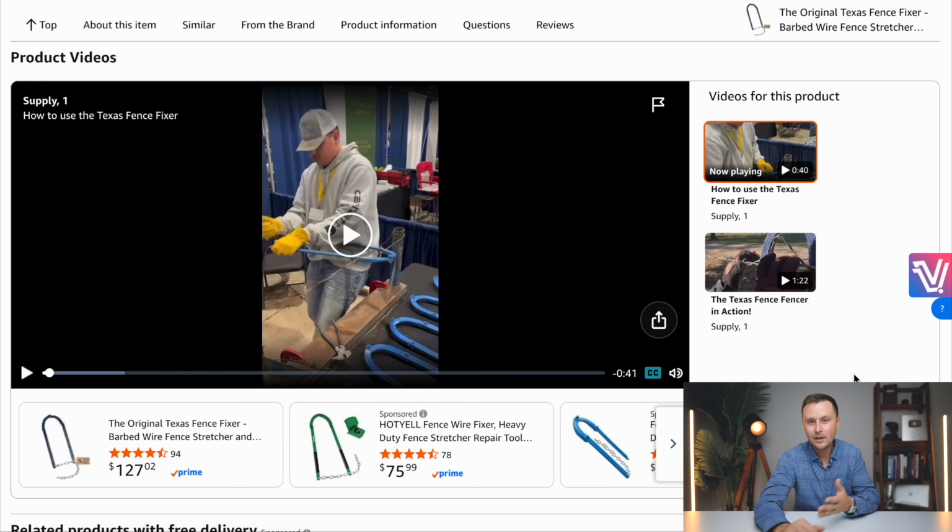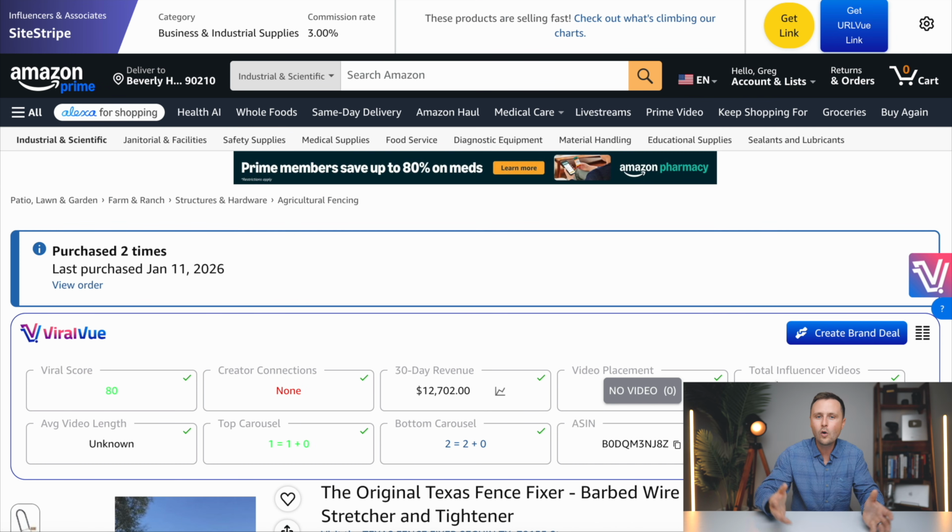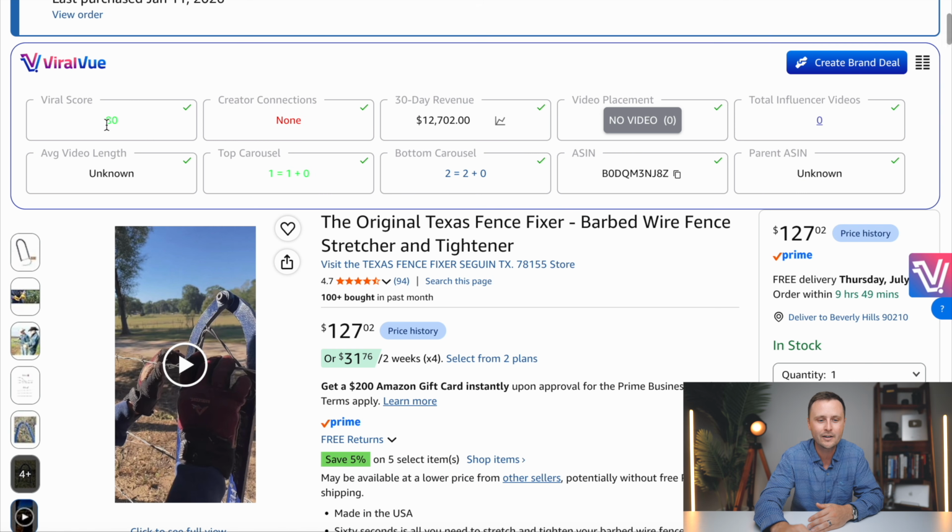And that essentially means that your odds of getting people to watch that video and make purchases and you make commission from it are almost guaranteed. Guys, I can't say guaranteed, especially when we're talking about these types of things, but this is the type of behind the scenes data that I'm talking about and why this is rating this so high on a viral score. So anyways, these are the types of products that you want to find. Using the order history scanner is going to find them for you. So that way you're not just guessing and you can go into this with the best odds of succeeding.